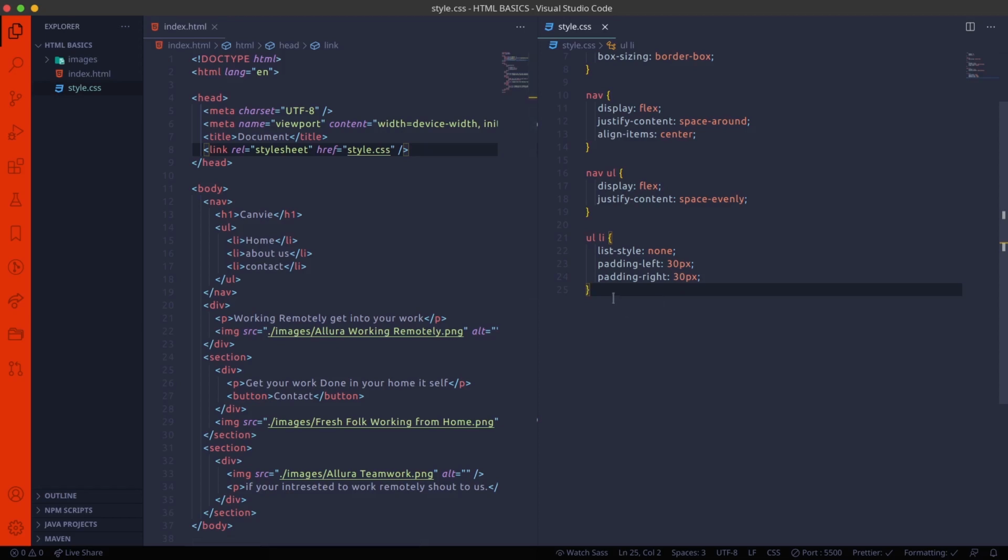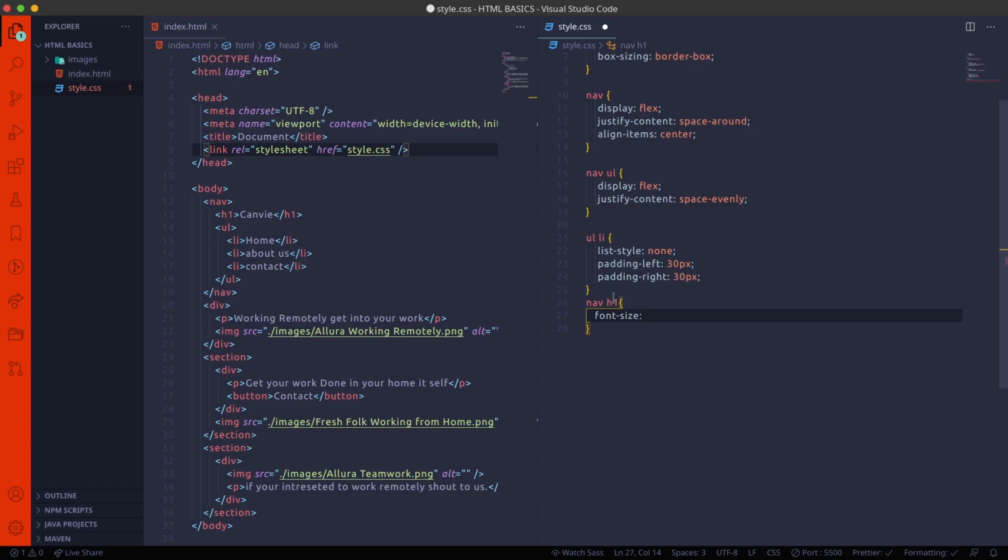In order to do that, I'm using the nav h1 tag, and then we have to increase the font size. You can use 30 pixels or 50 pixels, up to how much you want to increase.